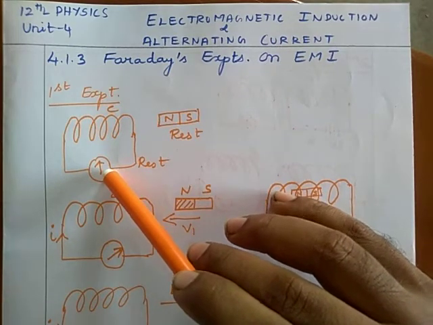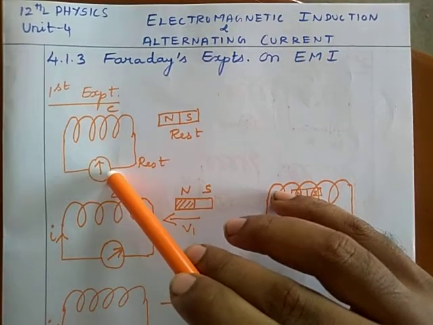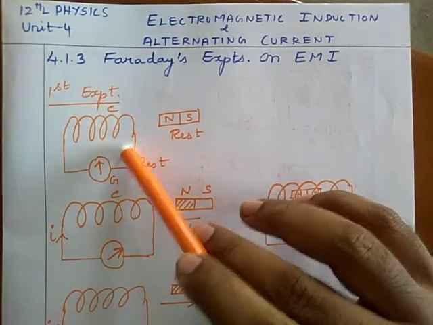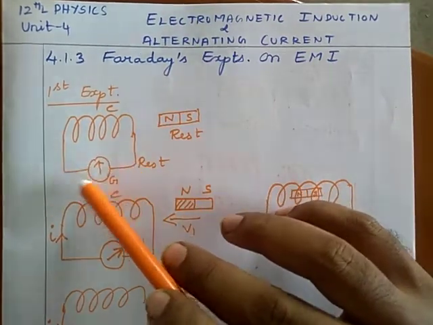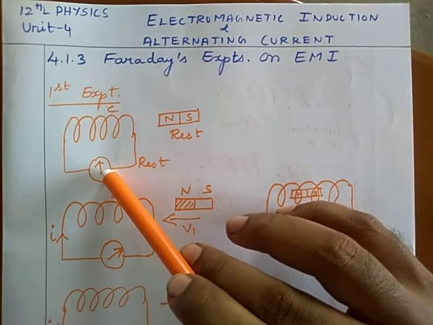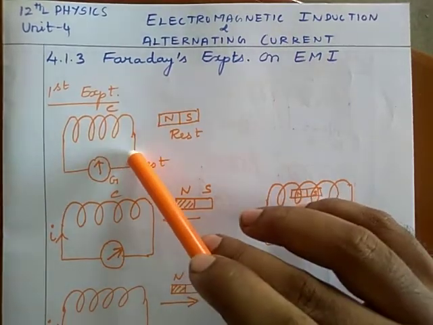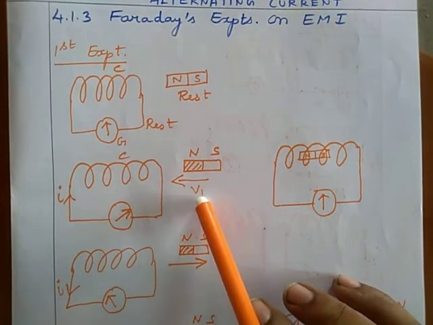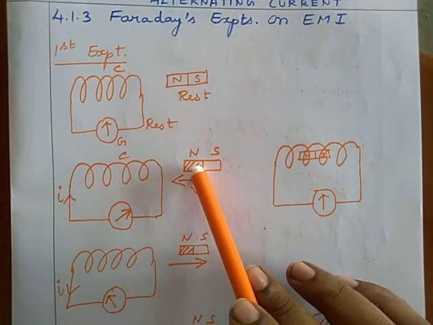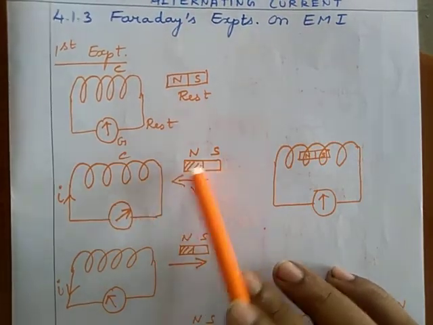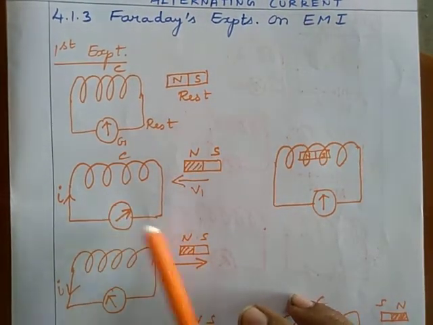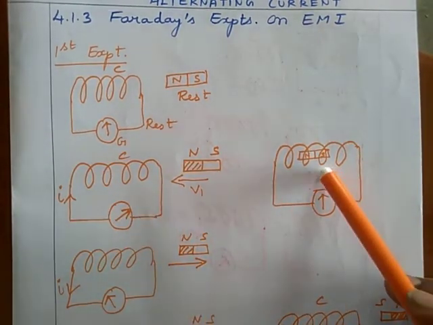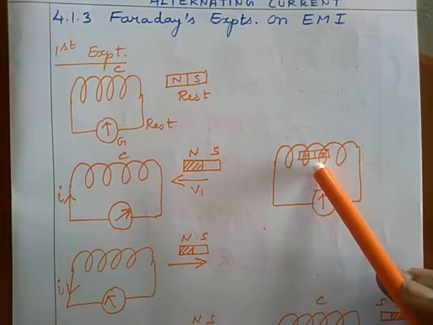It is because the galvanometer is a current-sensitive device that can detect current flow. Whenever there is a flow of current in the circuit, it shows deflection. Here it shows zero deflection, which means there is no current in the circuit. Suppose the magnet is moved towards the left with velocity v1, with the north pole of the magnet facing the coil. At that instant it shows deflection towards the right because a current I is set up in the coil. Then next, the magnet is placed inside the coil.